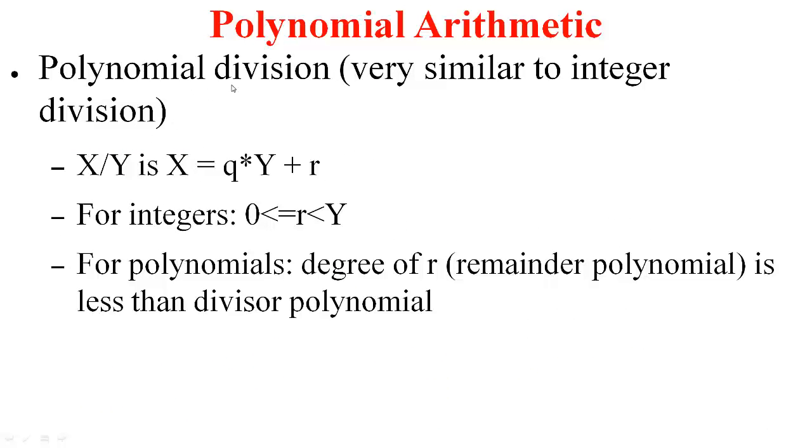Polynomial division is very similar to integer division. For example, if you are dividing x over y, x can be represented in this fashion where q is the quotient and r is the remainder. For integers, this r is always going to be less than y. For polynomials, it is similar except that the degree of the remainder polynomial will be less than the divisor polynomial. We will cover an example later, so these things should be clear, but with this background,